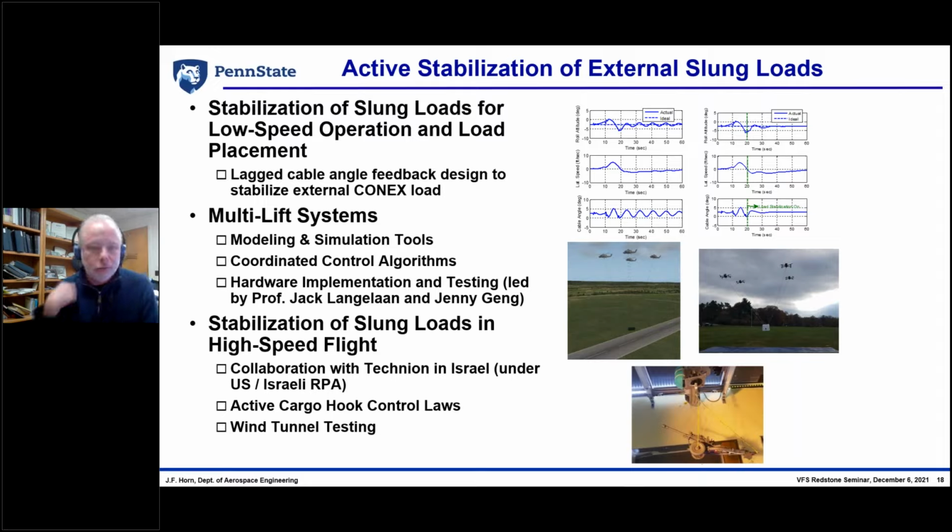The first thing we looked at was low speed slung load stabilization. Most people think of high speed being sort of critical for external slung loads, but if a pilot has to place a load precisely on a spot, it actually is a big pain if the load's swinging around like a pendulum. We designed a lagged cable angle feedback controller that basically measured the cable angle and fed back into the aircraft flight control design. We demonstrated that with our GenHel model, the UH-60, and showed that we could use that controller to basically damp out the load motion